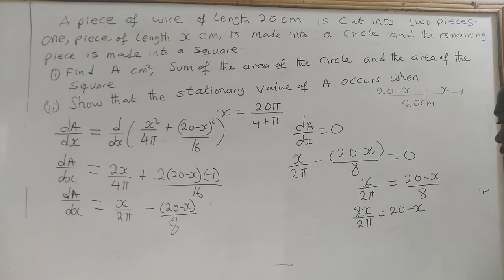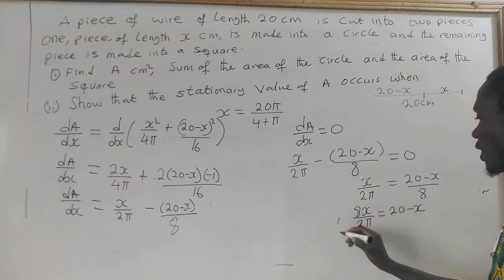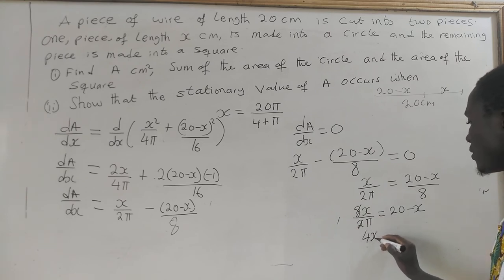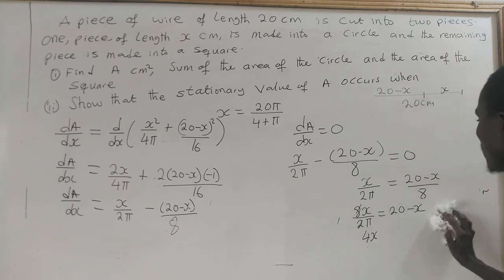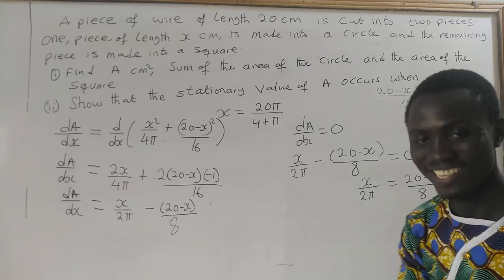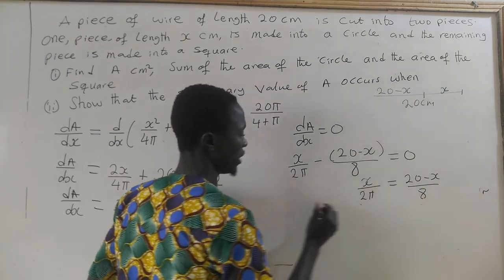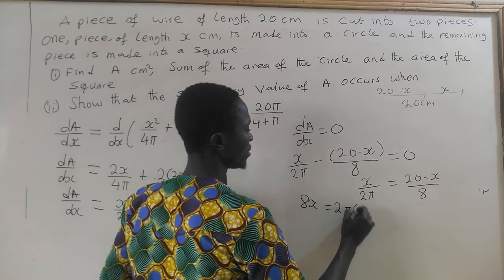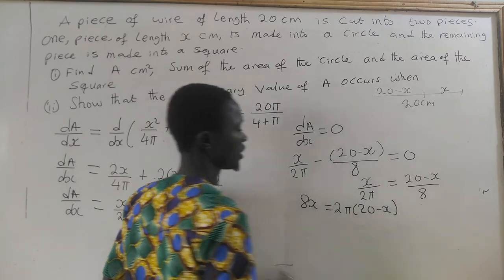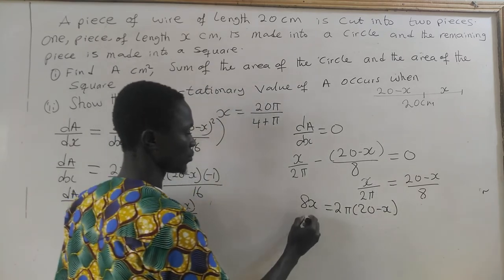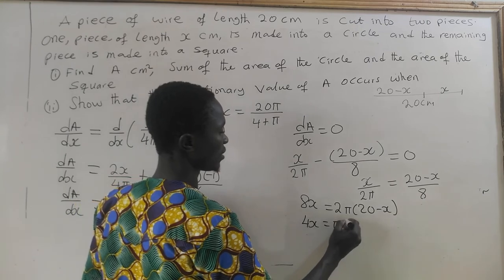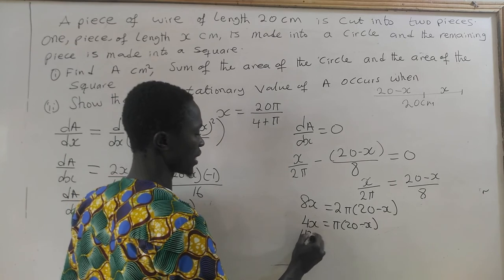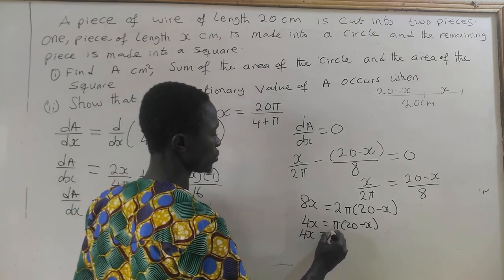So here 2 goes into itself once, 2 goes into 8 four times. So I'll have 4x. Oh, I'm wasting time. Let's do it straight. 8 will go here, I'll have 8x. 2 pi will go here, I'll have this equal to 2 pi bracket 20 minus x. I don't want to expand to get higher numbers. So we have 4x equal to pi (20 minus x). So I'm going to have 4x equal to,